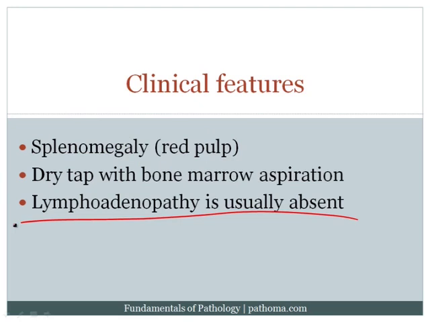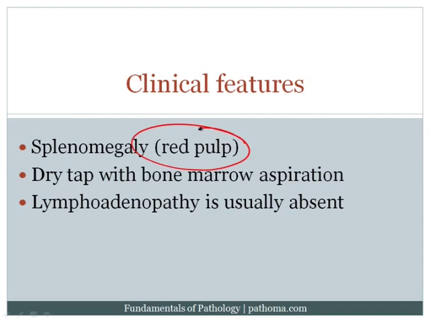Finally, if you were to do a bone marrow aspiration on these patients, you would get a dry tap because the bone marrow is often fibrosed in these patients. I sort of put this entire story together by simply remembering the word TRAP. TRAP, tartrate-resistant acid phosphatase, helps me to remember the chemical reaction that is classic for hairy cell leukemia. It also helps me to remember that the cells get trapped in the red pulp, and they get trapped in